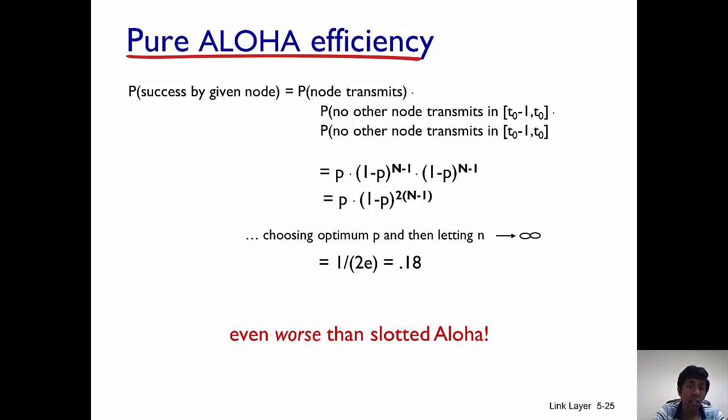So pure Aloha is the easiest to implement in practice because it's simple, there's no synchronization, and it's completely decentralized. But such a protocol gives only 18% efficiency. The reason why Aloha and slotted Aloha are really important is that they tell you, if you design a very simple protocol, how well it is going to work. So that is why we teach slotted Aloha and pure Aloha.